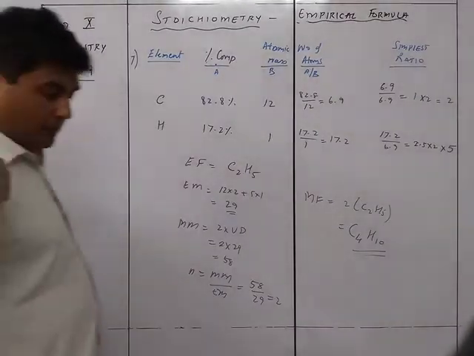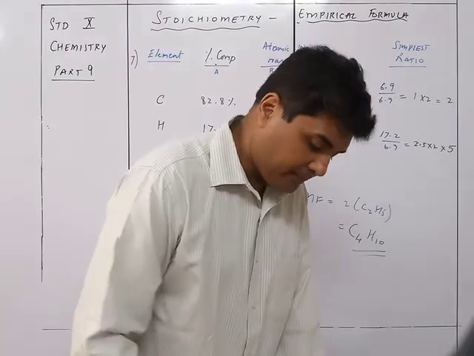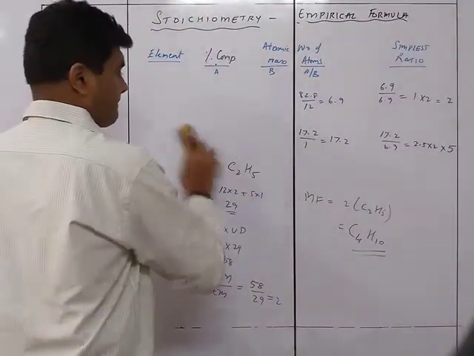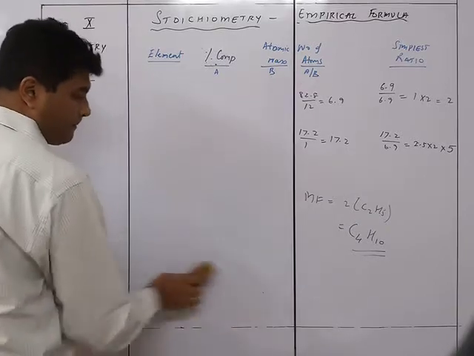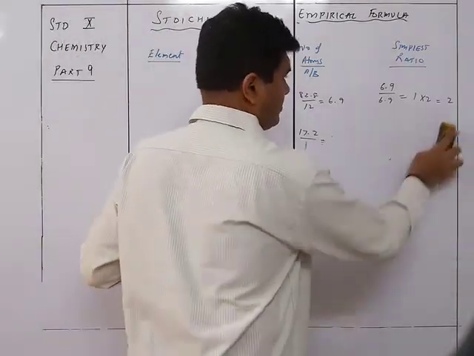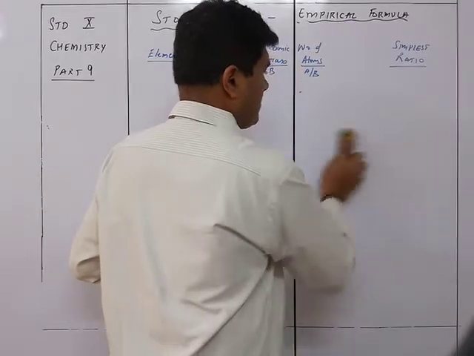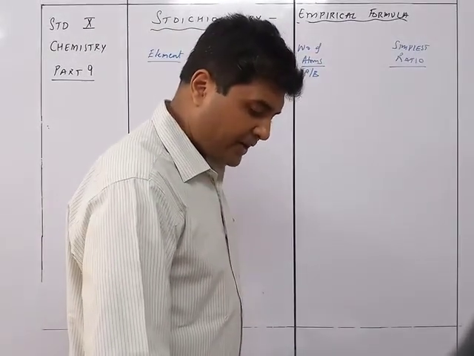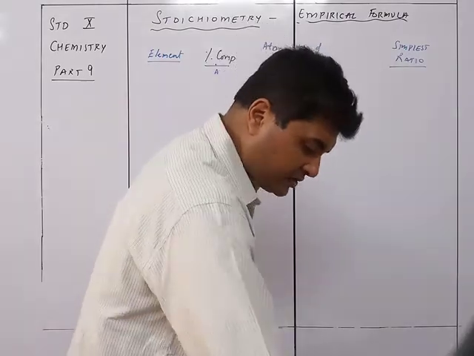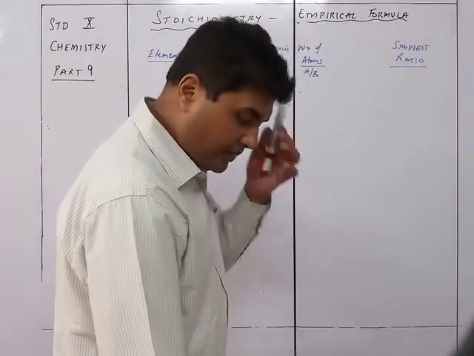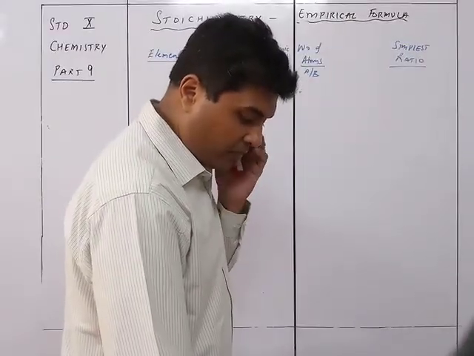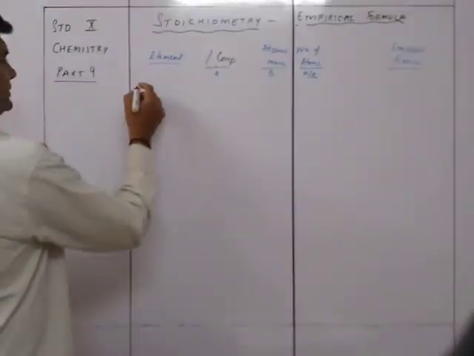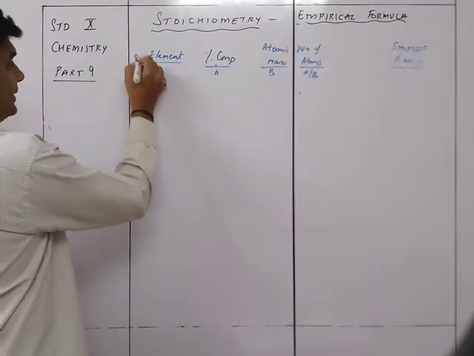Easy. We move on to sum number 8. An organic compound on analysis has hydrogen 6.48 and oxygen 51.42. Determine the empirical formula of the compound. It contains 12 carbon atoms.